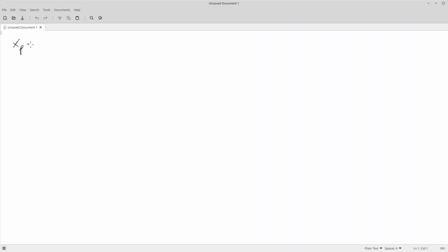x sub p equals negative y sub e over z sub e times n, and a similar thing for y sub p. It's negative x sub e over z sub e times n. And we determined that, okay, that means, hey, let's acknowledge the fact that z sub e is being used to divide in both situations. So that means at some point we'll need to do perspective division, which again, this is